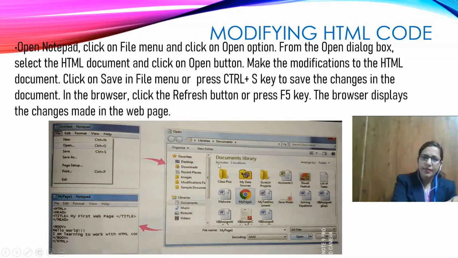First we go to Start, then All Programs, Accessories and Notepad. As it opens, you search for the HTML file in which you want to make modifications. After making the changes, save it again, press Ctrl S, or go to the File menu and press Save.